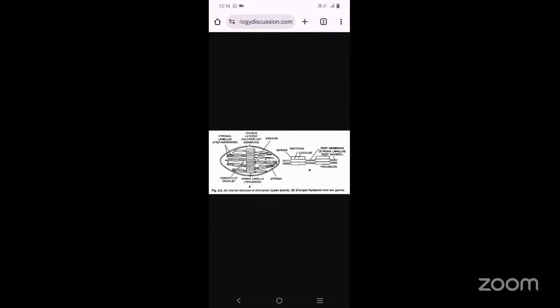So that is the light reaction or the light phase. That is the light dependent, the photochemical phase. Another phase is the dark phase or dark reaction. That is the biochemical phase. So during the light reaction,